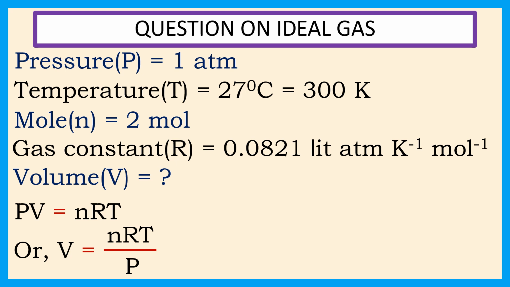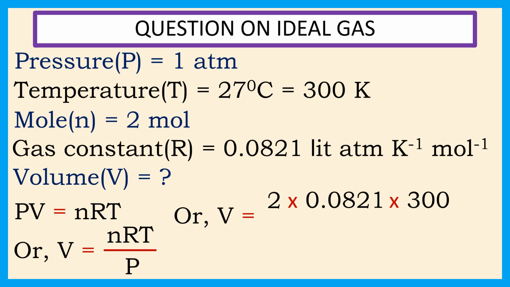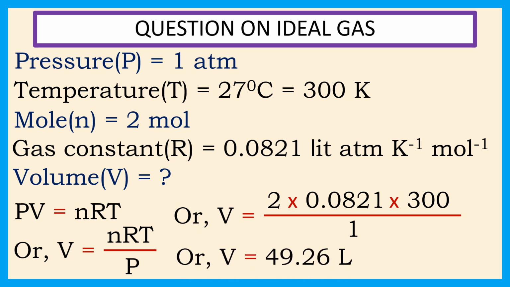Now we put the values of n, R, T and P in this equation. Therefore, V is equal to 2, which is the value of n, into 0.0821, which is the value of R, into 300, which is the value of T, by 1, which is the value of P, or V is equal to